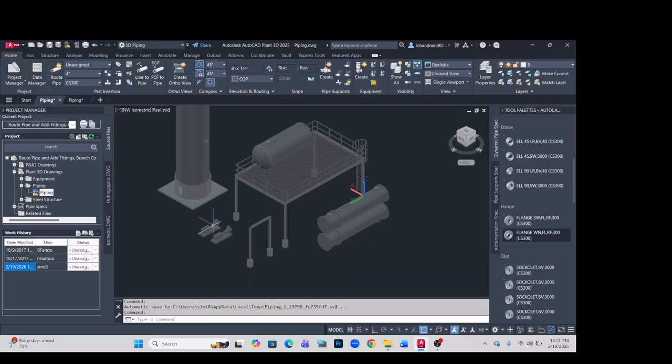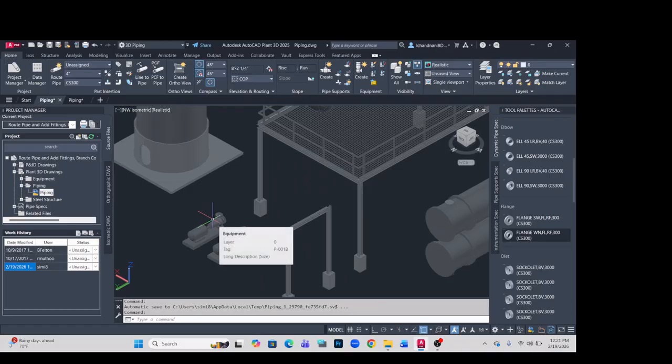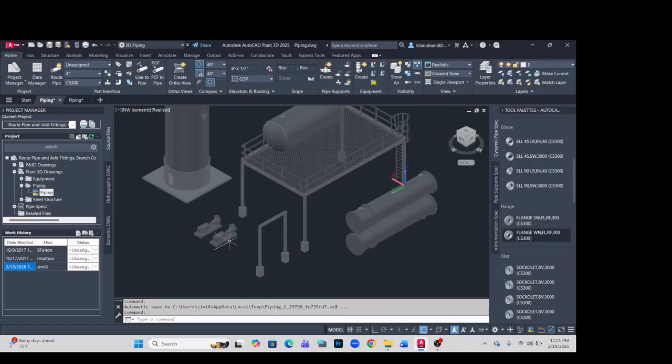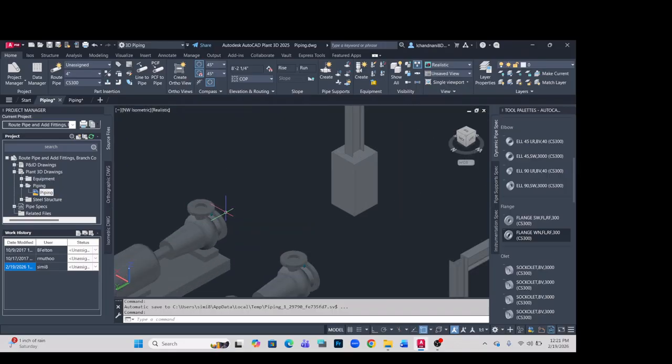What I'll do is, I've got a centrifugal pump here. I've got 2 centrifugal pumps here, and I've got heat exchangers. I'm going to pick the first centrifugal pump, that's P001B, and I'm going to use a 4-inch pipe to connect it to the heat exchanger right here. So you want to come here, let's zoom in, let's click route pipe and read the command here.